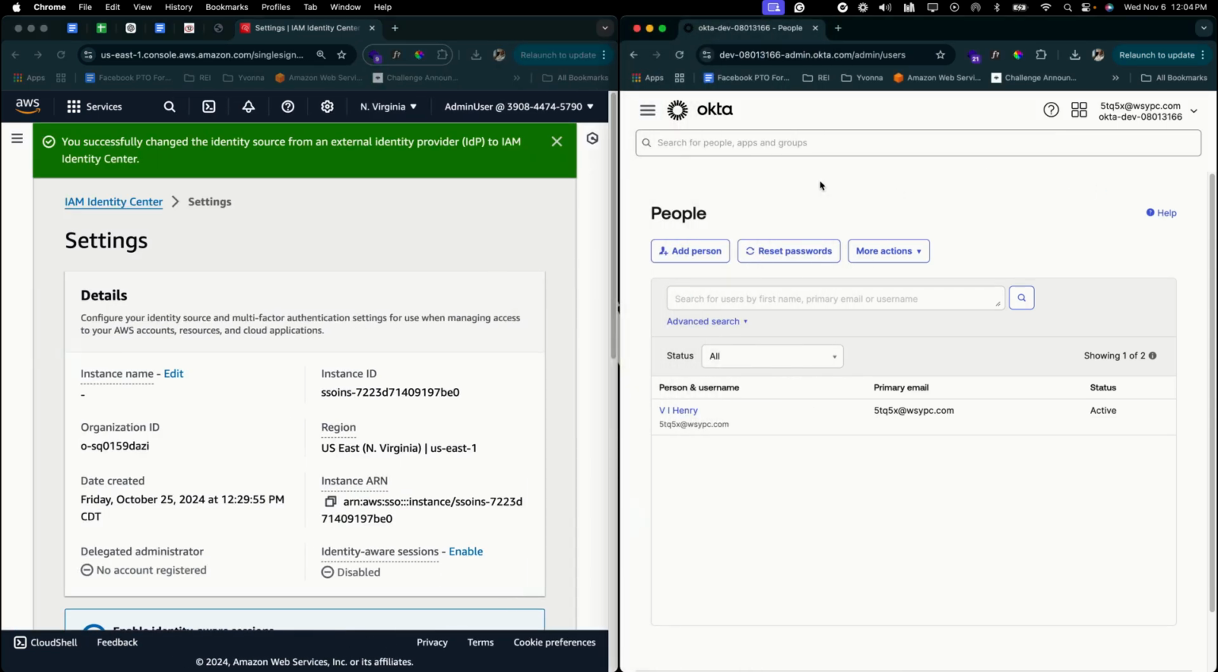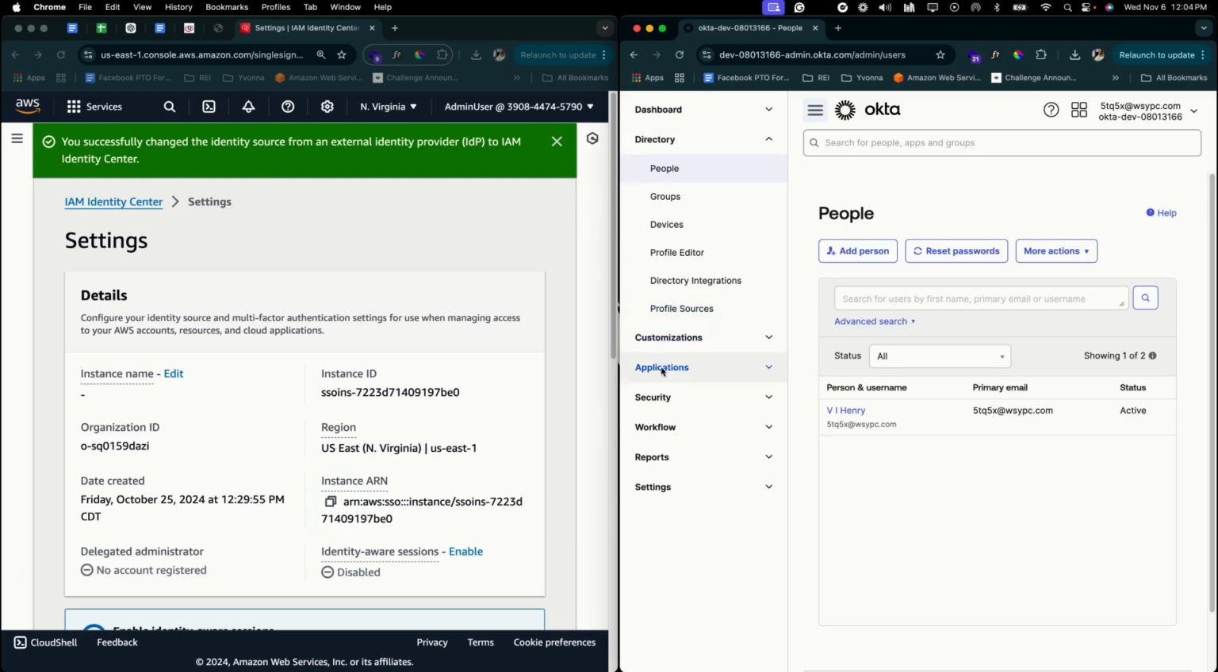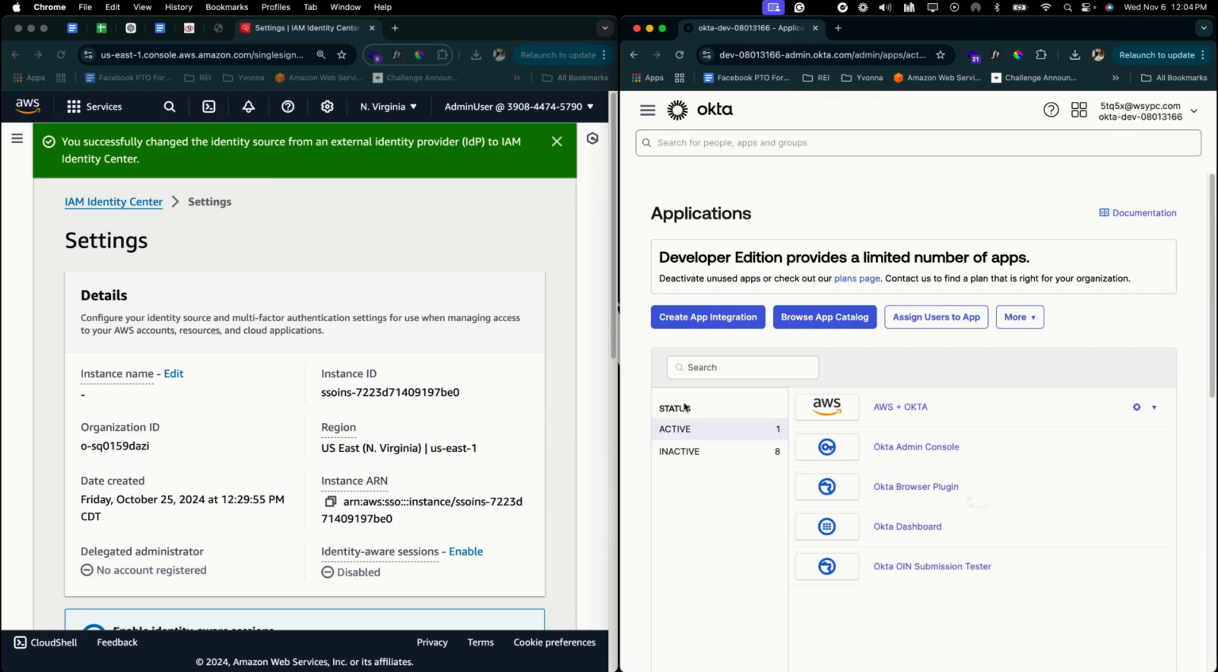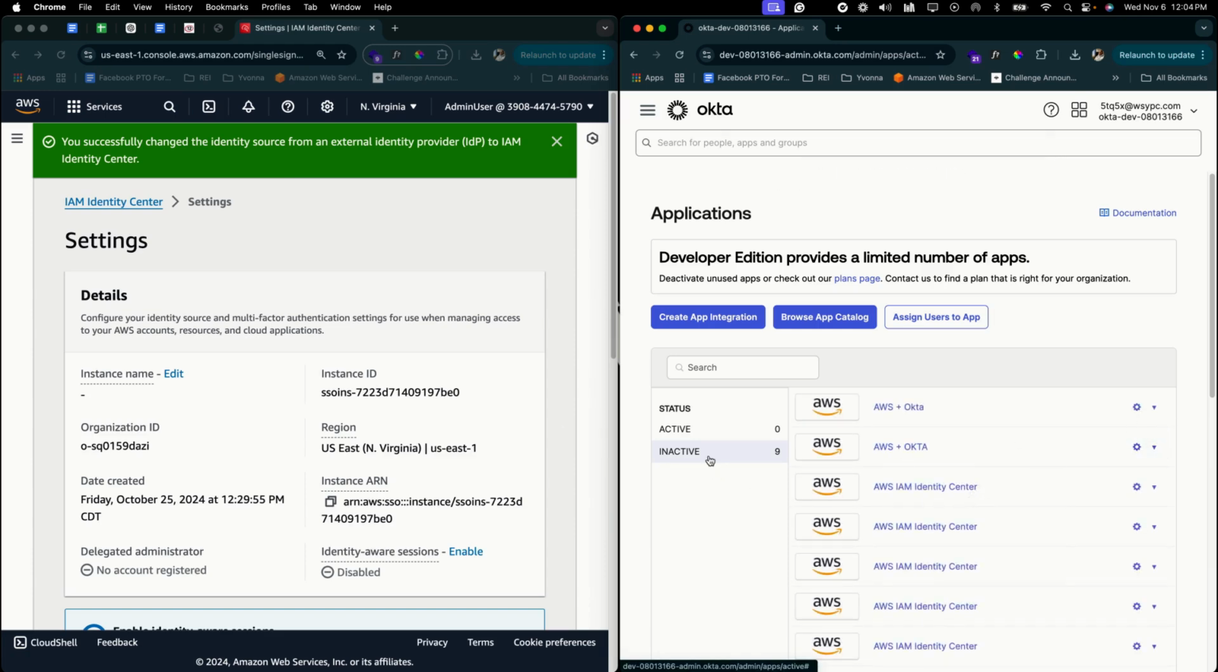All right, so let's actually delete the application in Okta. So we'll go to menu, go to applications, and then here is my AWS and Okta application. I'll just simply hit the down arrow, deactivate, and we're done. Now, if I want to take it a step further and delete it, just go to the inactive tab,